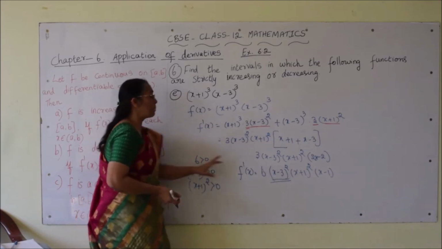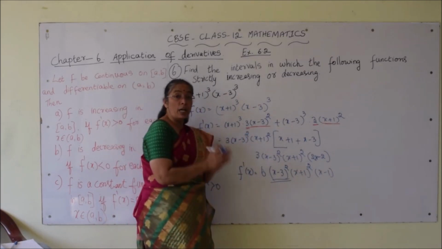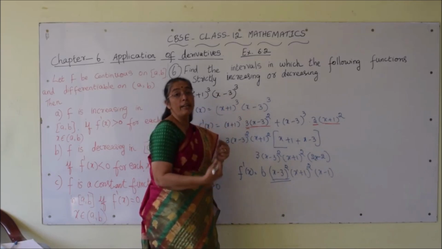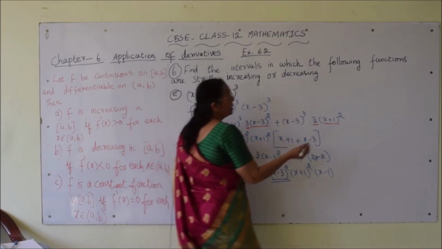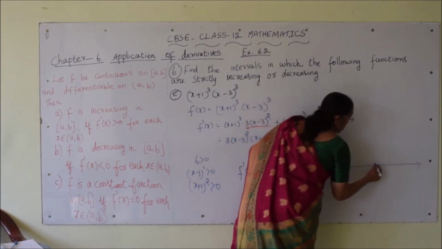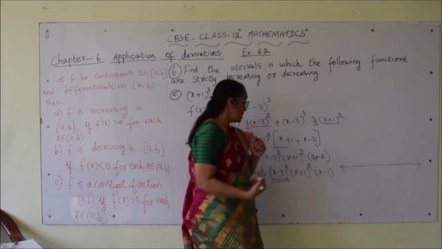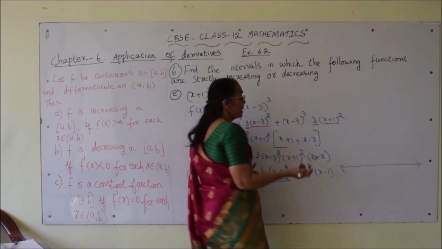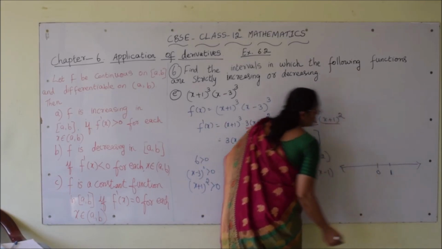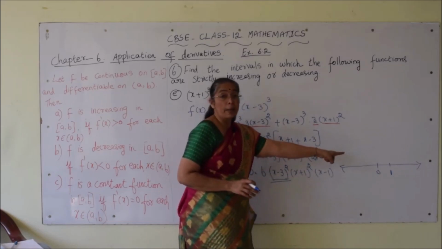The function is depending only on x minus 1. So we should check now whether the function is increasing or decreasing when x is less than 1 and x is greater than 1, or in which interval the function is increasing or decreasing. So the number line is divided only into 2 parts: one is less than 1, and another one is greater than 1. Here this is the only turning point we can think of. So x equals 1 is a turning point here, we can say.